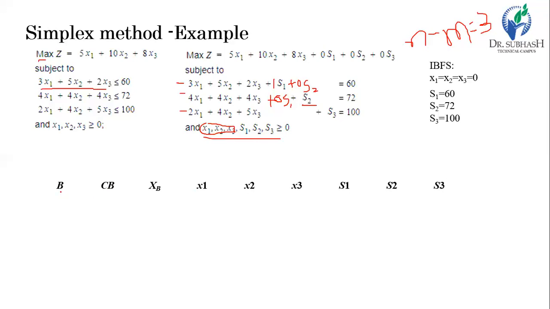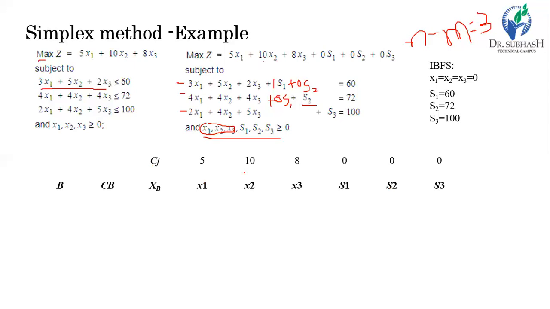After mentioning all the variables, the basic variables, and the coefficients of the basic variables in the objective function, put down the coefficients of all the variables, whether basic or non-basic, above the line, which is the Cj value. C stands for cost coefficient or profit coefficient, or simply the coefficient of these variables in the objective function. So 5x1 is in the objective function, so 5 is the coefficient of x1.